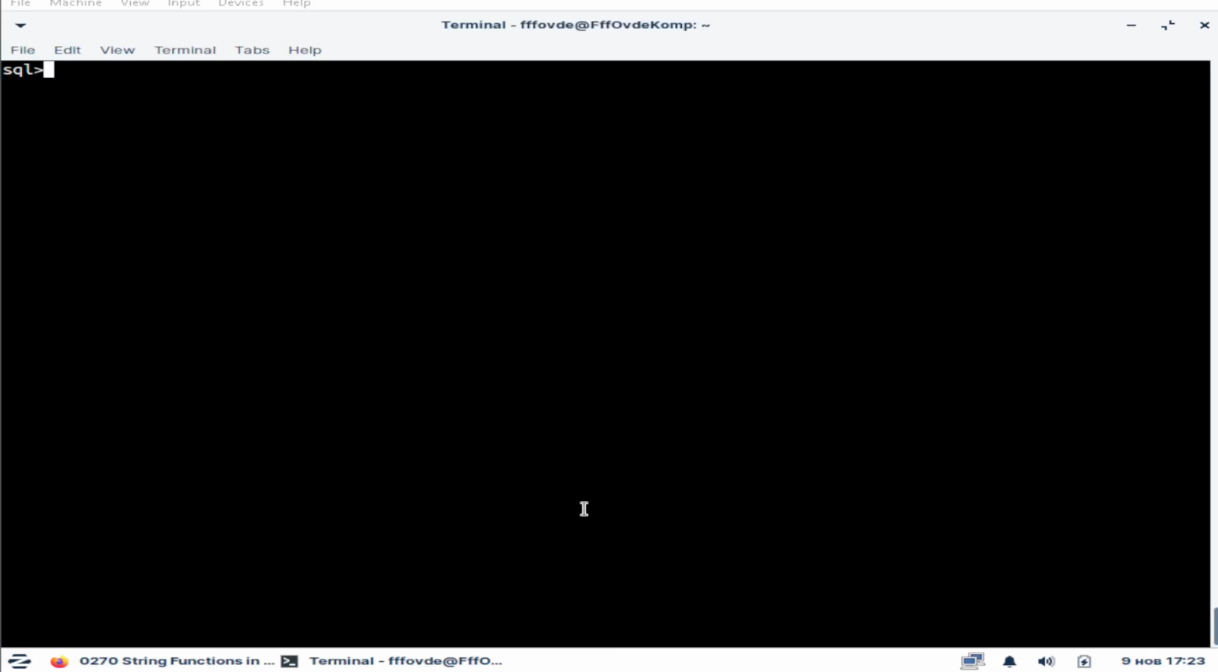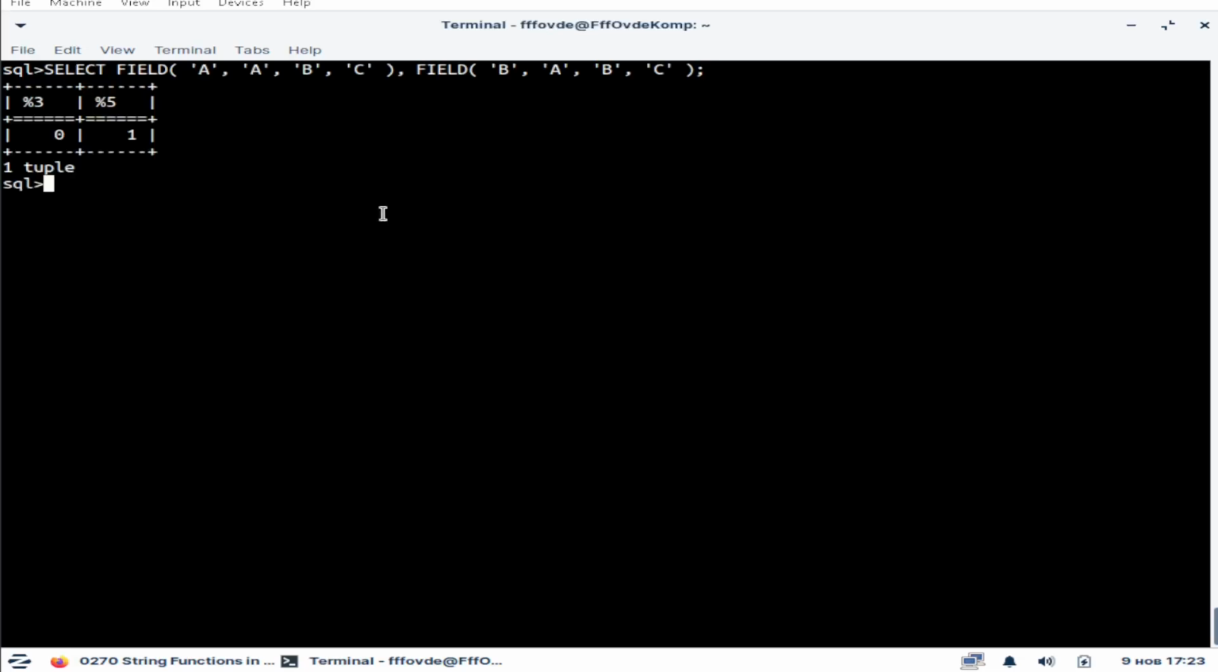We will continue with the presentation of string functions in MonetDB. The next function will be the field function. I will run this statement, and what this function does is search for this first string in a list that is made of all other arguments of this function. So A in this list of arguments will be at the first place, but the result is 0